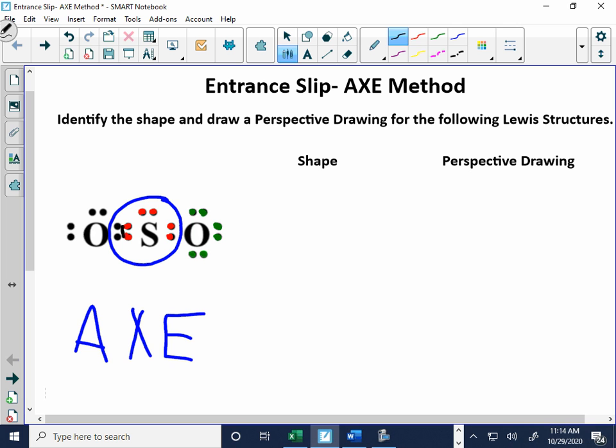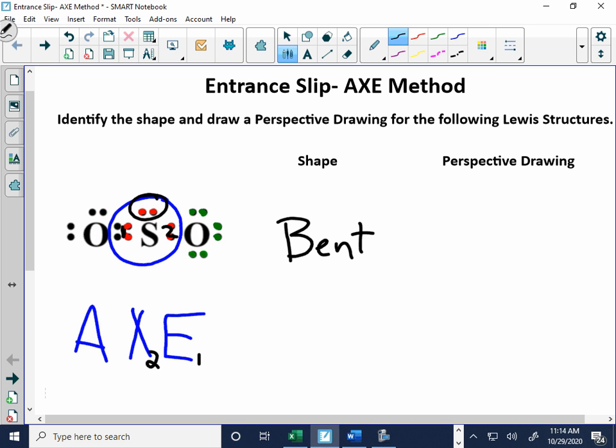Well, I have 1 right here. I have 2 right here. So my X is 2. How many non-bonded domains do I have? Right there is 1. So my shape is going to be AX2E1. I go back to my ACTS packet and I find AX2E1, and that shape is